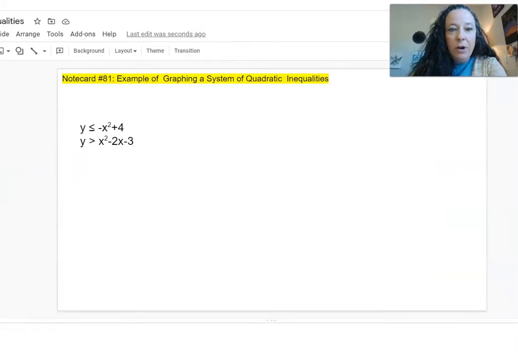All right, so here's note card 81. It's an example of graphing a system of quadratic inequalities. There are the quadratic inequalities that I've typed in there for you. And I want to work through these with you and what will be expected of you to do on your